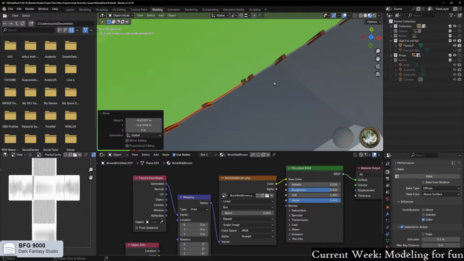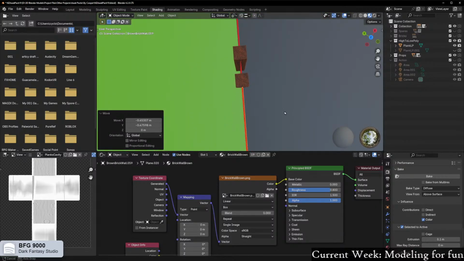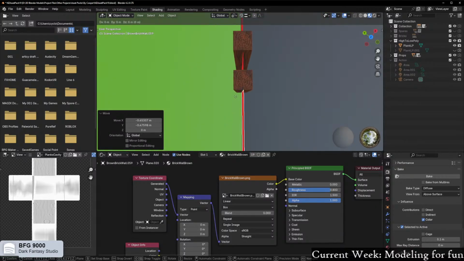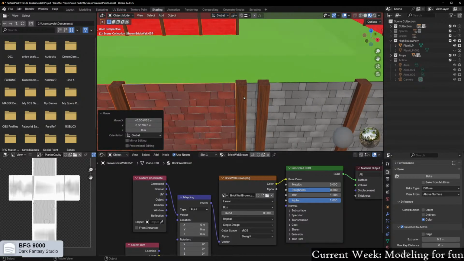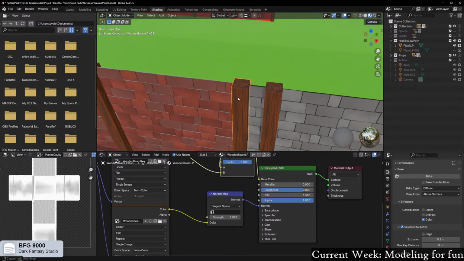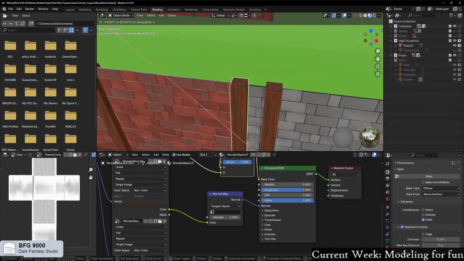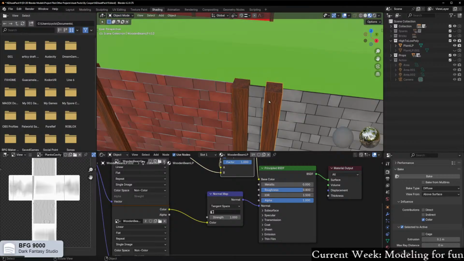I've literally got alt middle click for this. That. Okay, and